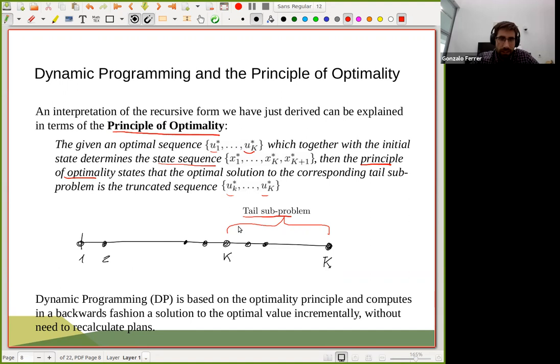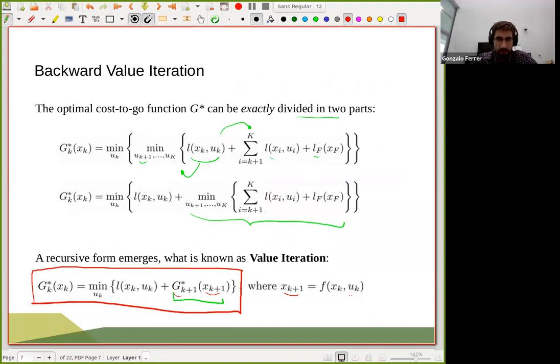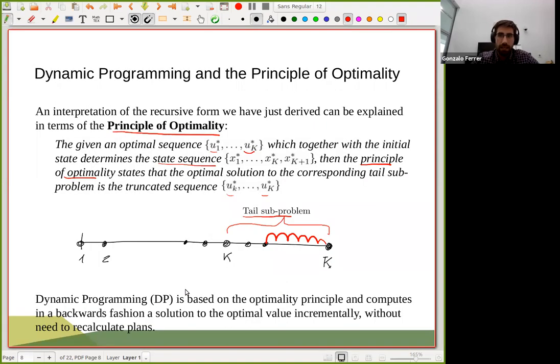Once we get to this length k, later parts of the plan are going to be optimal, right? There's no need to calculate optimality all the time. That's why, when we were getting this recursive form, we were all the time solving the subtail problem and just expanding it. Why? Because the optimality is not going to change. So this allows us not to calculate things every time from scratch, but to make use of the optimal cost to go from the last iteration, calculated here, and then get a very efficient algorithm, right?